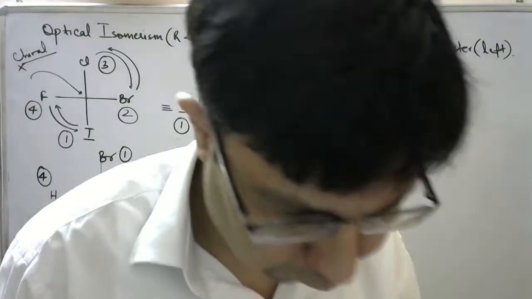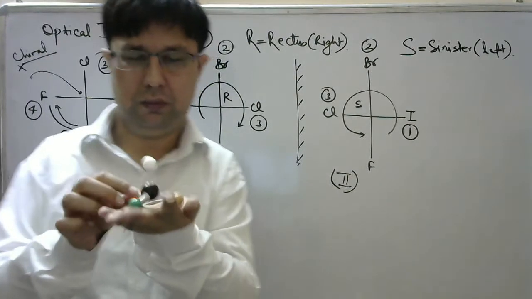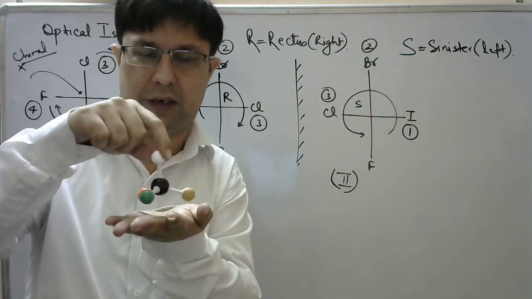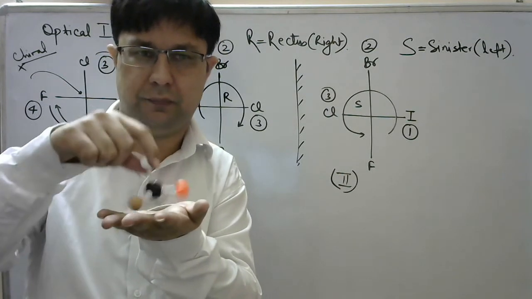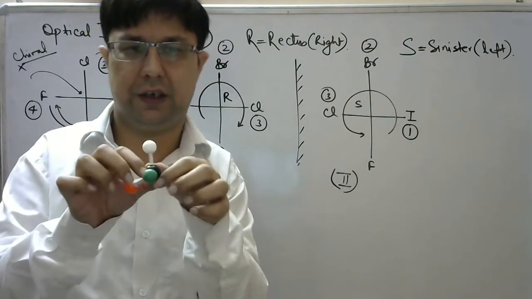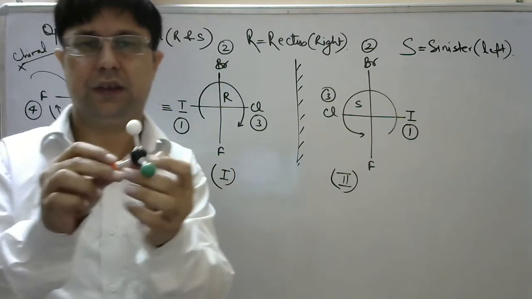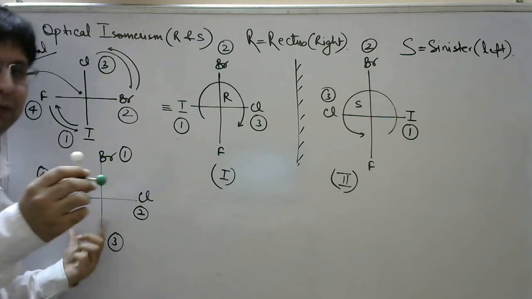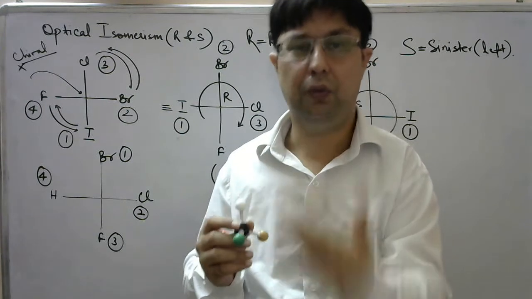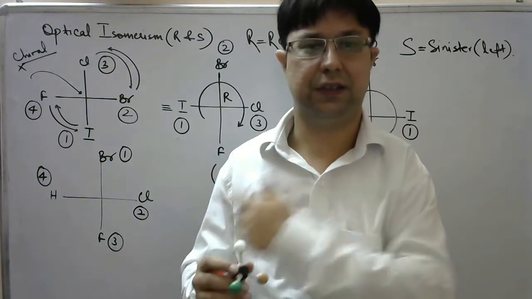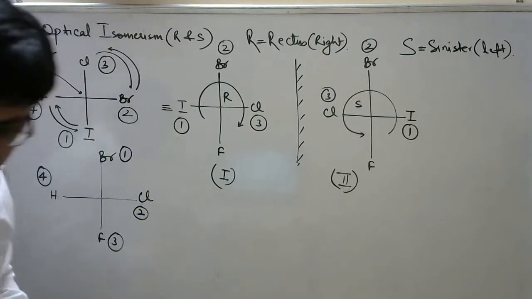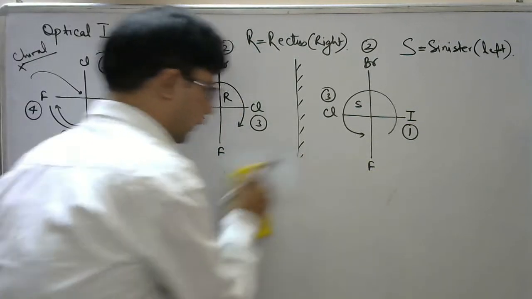I have prepared the model for this. Consider this molecule. This is a tetrahedral carbon atom, and on this tetrahedral carbon atom, this is the hydrogen atom, this is the iodine atom, this is the bromine atom, and this is the chlorine atom. This indicates the tetrahedral carbon bonded to 4 other atoms, as per this Fischer projection. I have already told you, in order to predict R and S configuration, I have to bring the lowest priority group, in this case the hydrogen atom, to the bottommost position.